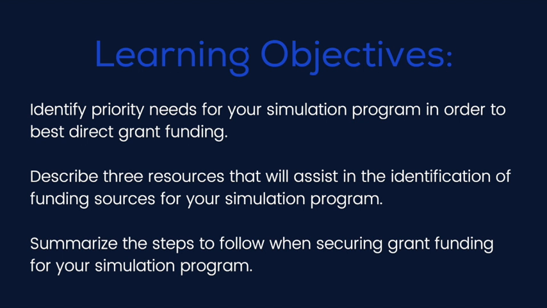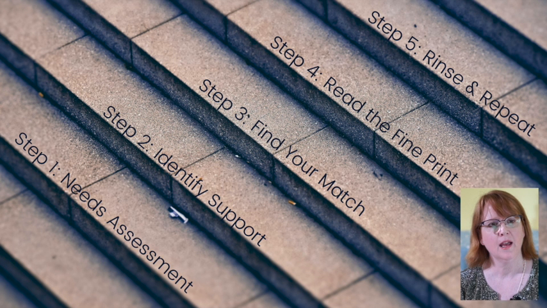We have 3 learning objectives. We want to identify priority needs to direct your grant funding efforts. The second objective is to describe 3 resources for finding grants. And lastly, to summarize the steps of demystifying grants. In the next 20 minutes or so, we're going to cover 5 steps you can take to secure equipment funding